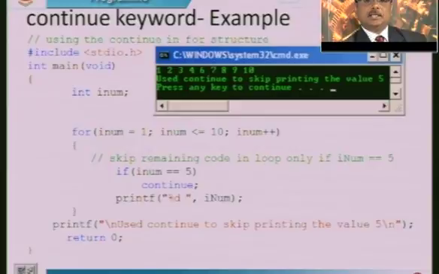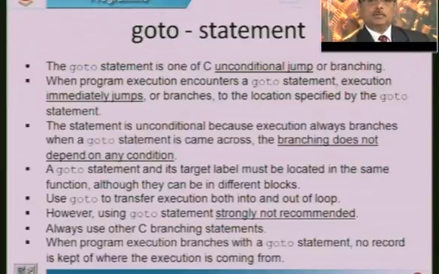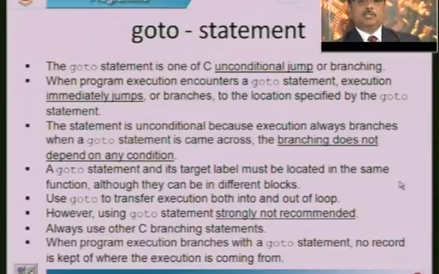So, let us understand the goto statement. This is another interesting control statement to take the control to some other statement of your program: goto, G-O-T-O. As the name itself says, the control will jump to the statement whatever you specify in the label. The goto statement is one of the C unconditional jumps.